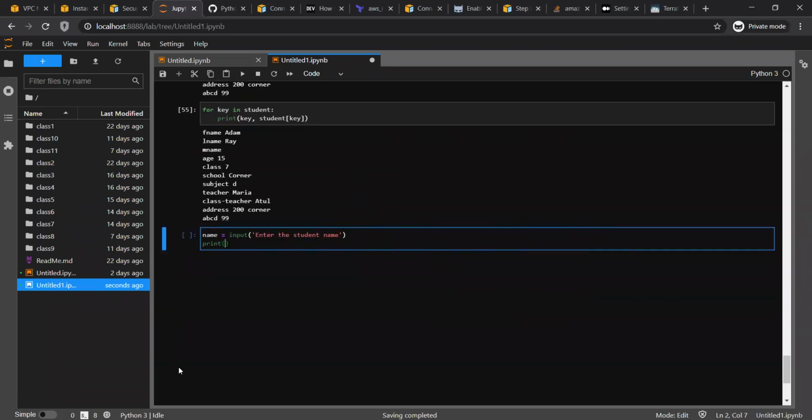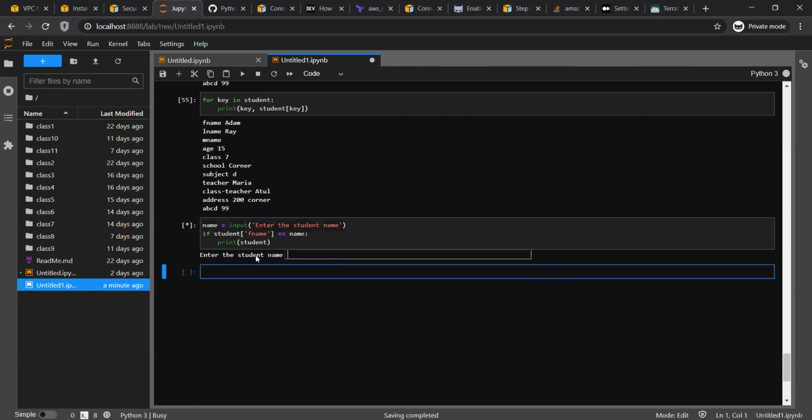So let me print here, a student. What I'm doing, if a student name is equal to name, print student.